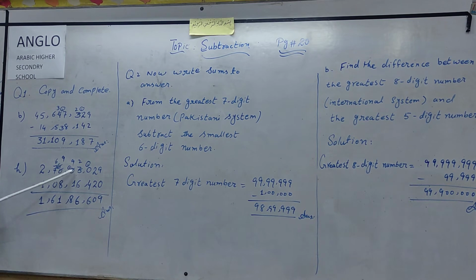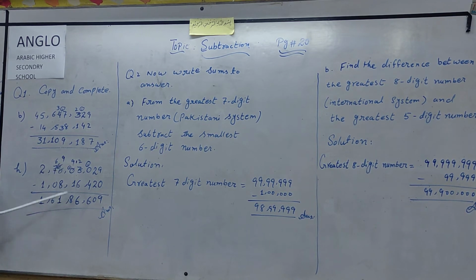It was 0. How was it possible to take a carry from 0? First, this 0 has taken a carry from this, but it is also a 0 digit. So this 0 will take carry 1 from 7, 7 will become 6, and this 0 will become 10. Then it will give 1 to this 0 and it will become 9. This 10 will give 1 carry to this digit, it will become 12, and now you have to subtract 6 from 12. 12 minus 6, answer is 6.